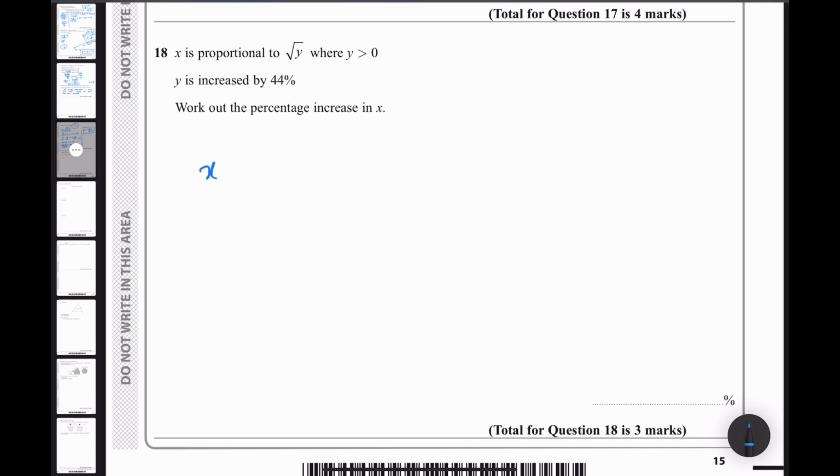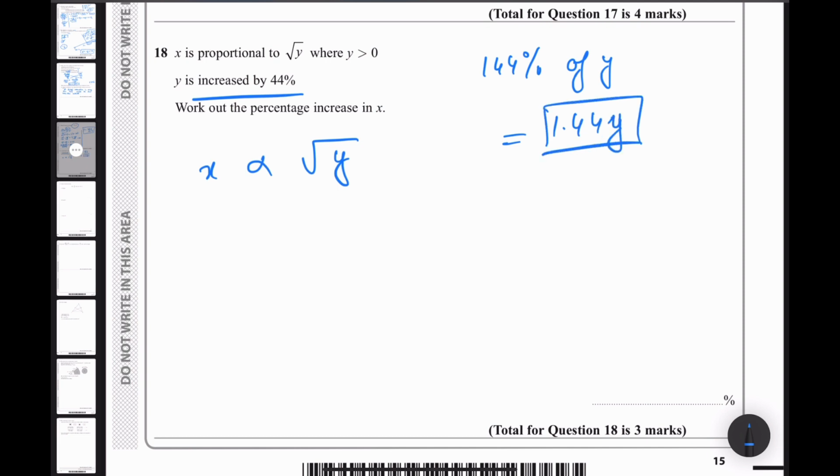x is proportional to root of y. So y is increased by 44%. 44% increase means 144%. It has become 144%. So 144% of y will be equal to 1.44y. So in place of y, I will replace it with 1.44y. So I'll write x is proportional to